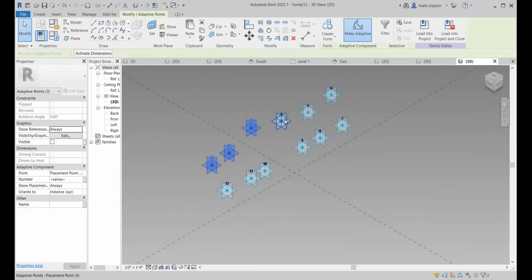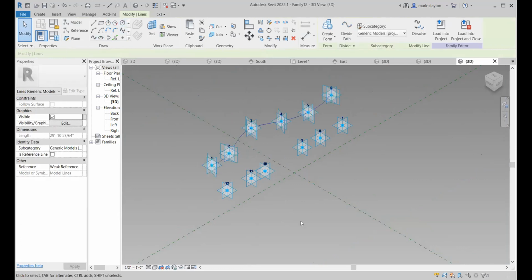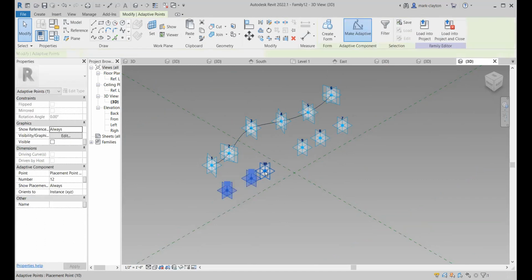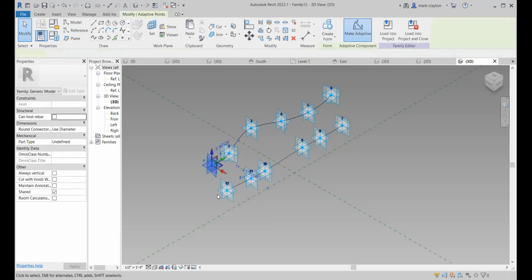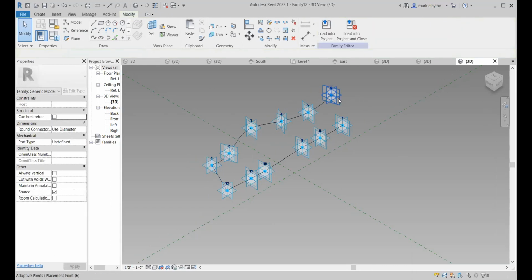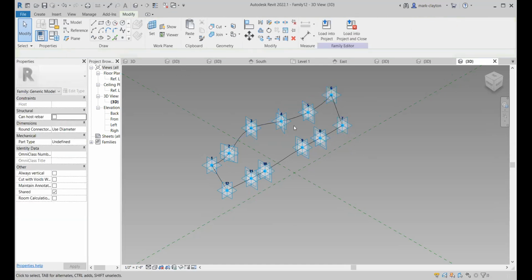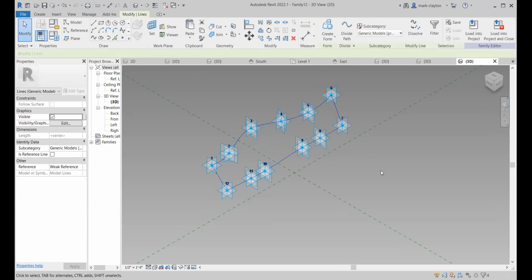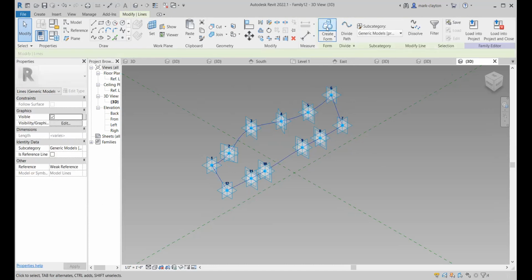3 of them, and then I'll do Control Select to get the rest of them, and I'll draw a line through them, and I'll get the bottom ones. I'll just Control Select. It's pretty easy. And put a line through those and these 2 end ones here, and put a straight line through that, and these, and put a straight line through that. And now I've got this shape, adaptive shape, and if I collect the chain, I can create a form,